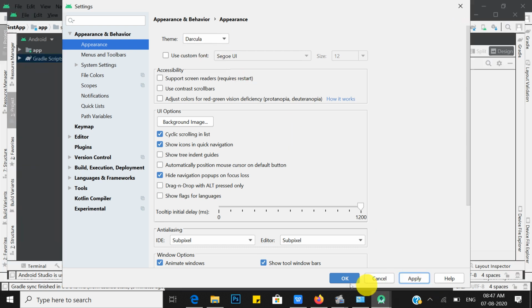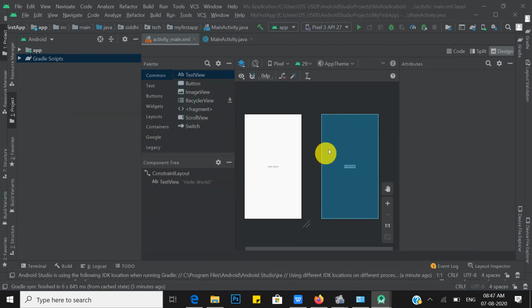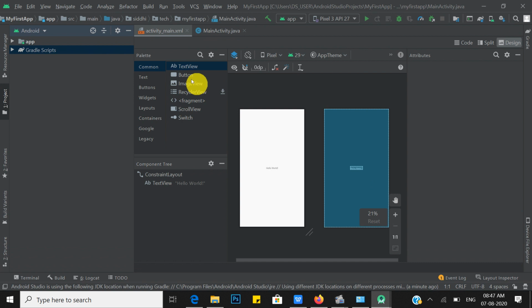Just apply and okay. So this is the most preferred theme used by all Java Android developers. So choose it. After that, for running your app, just run your app. It will run on the given AVD manager or Android virtual device. You have to create your own Android device. How we can create your Android device, we will see later on.